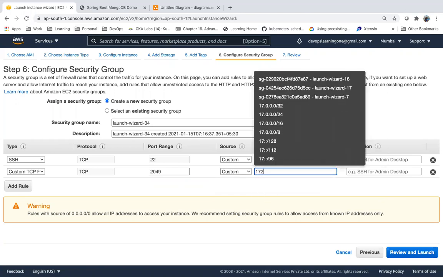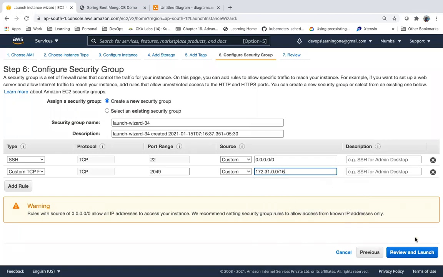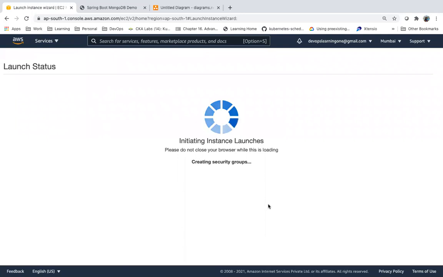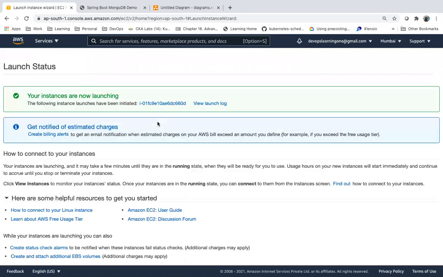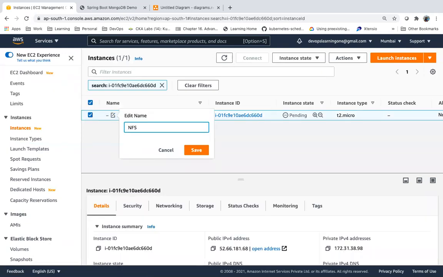I think 172.31.0.0/16. So I'm creating one server which I am trying to use for NFS purpose, the NFS server.